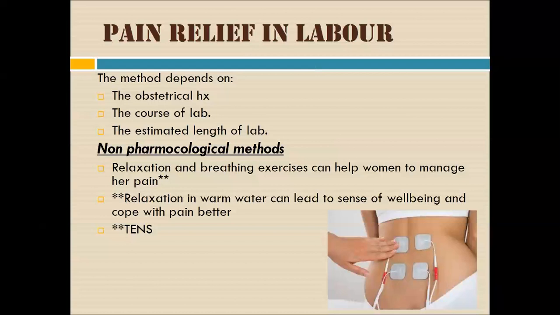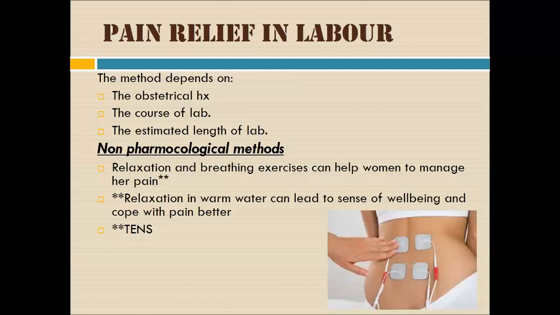It depends on the course of the labor. For example, in early labor, the choice of analgesia differs from the patient with advanced labor. The estimated length of labor is also a factor that should be taken into consideration